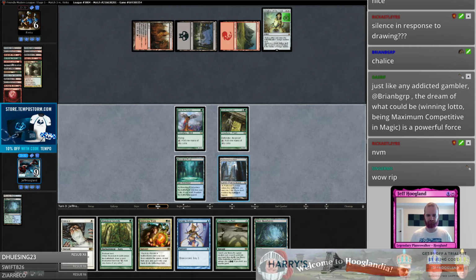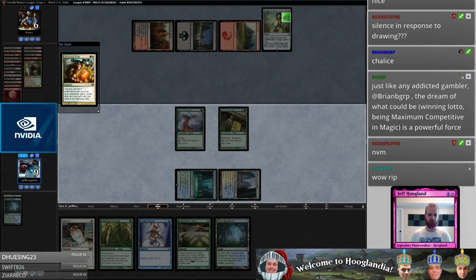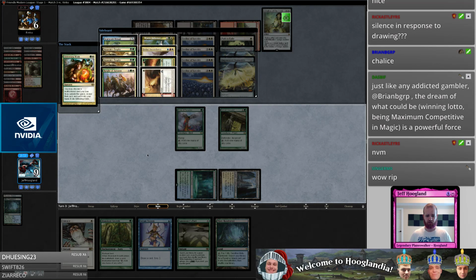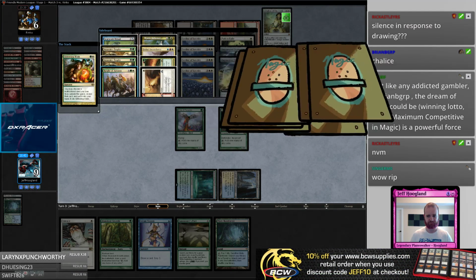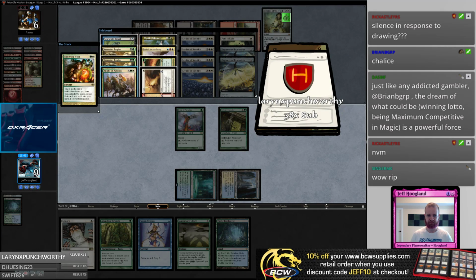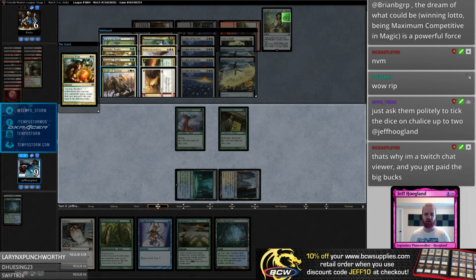Alright, what am I doing? I think it's Glittering Wish. Am I just casting Night of Autumn? I think I'm just casting Night of Autumn. Or do I just grab Trophy? I could grab Trophy, because Trophy...